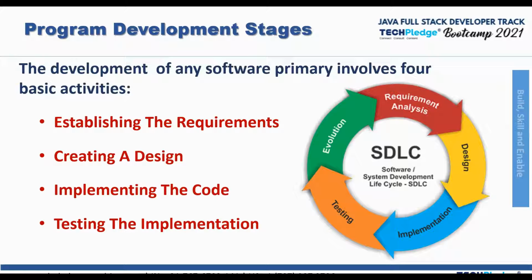Next is the designing stage. In the designing stage, we see how we are going to go about creating the software, what the different steps will be, and how the software will look as the end product. We create a design for it so that we can follow the proper steps. Next is implementation of the code. That is basically the part of coding, where we write all the code that is required.